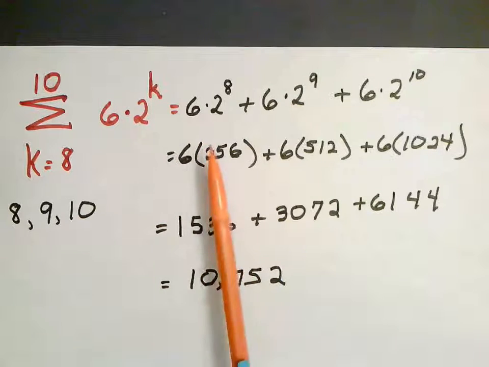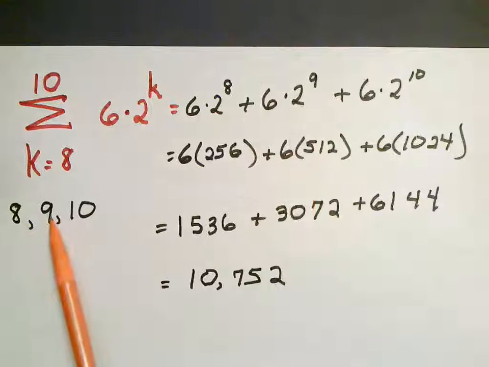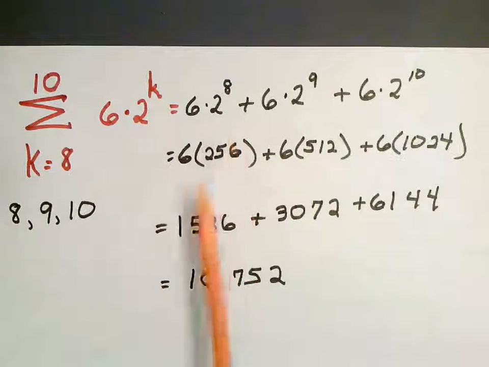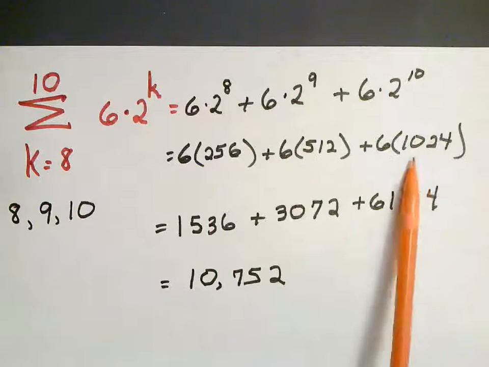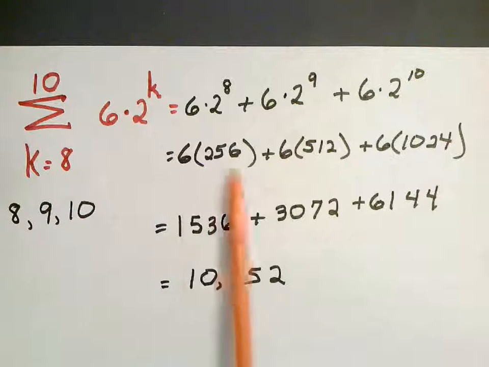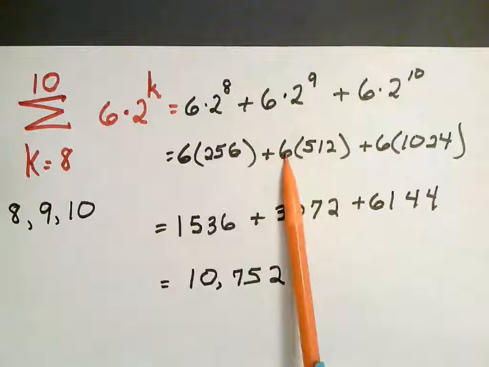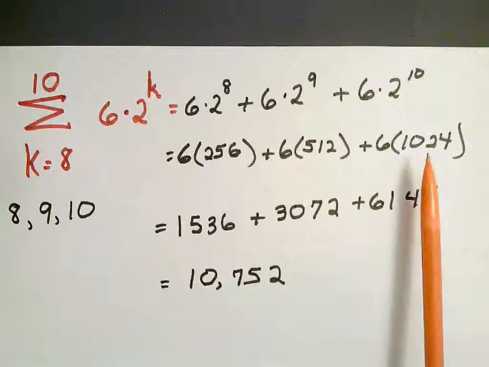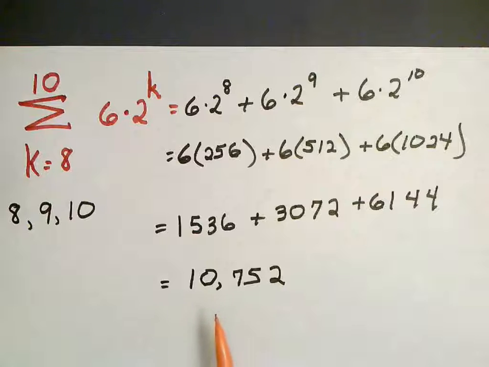It's going to be 6 times 2 to the 8th, plus 6 times 2 to the 9th, plus 6 times 2 to the 10th. 2 to the 8th is 256, 2 to the 9th is 512, 2 to the 10th is 1024. Then 6 times 256 is 1536, 6 times 512 is 3072, 6 times 1024 is 6,144. When we add all of those up, we get